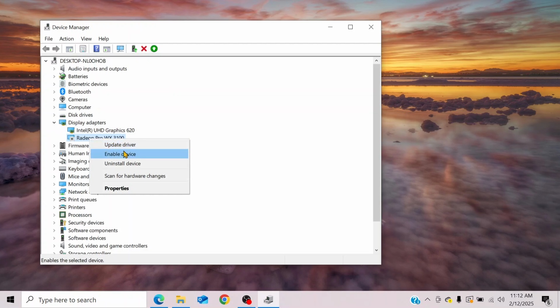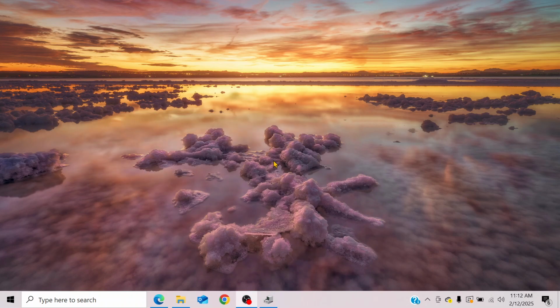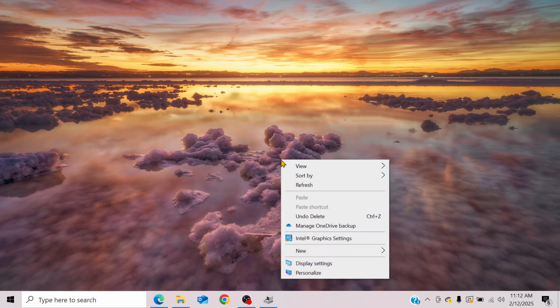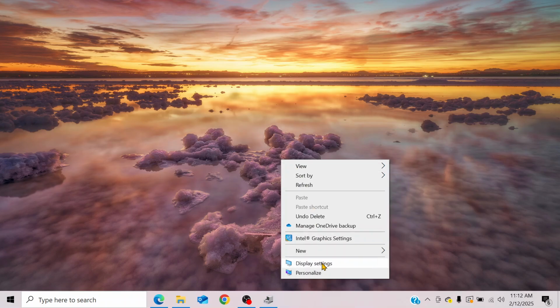So I have the Radeon Pro card. I will enable this device. It takes a while. And after that you can see it's installed now and enabled. So you can close this window. The next step you do is right click on desktop, go to the display settings,